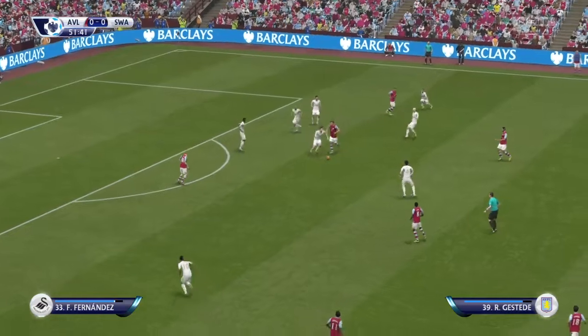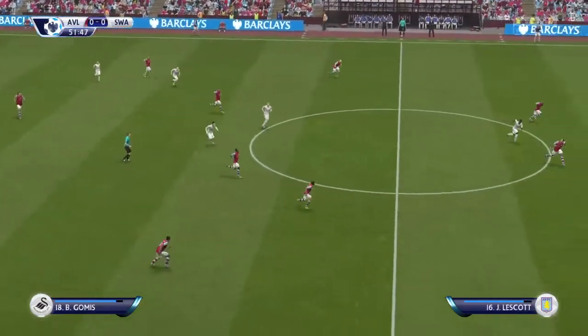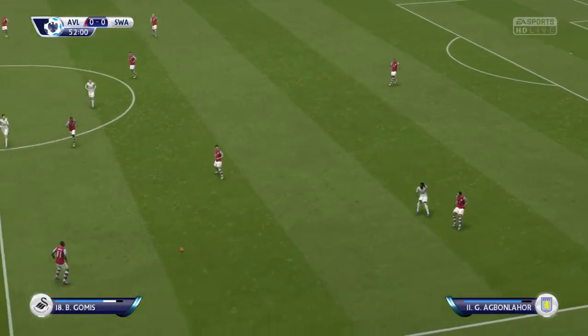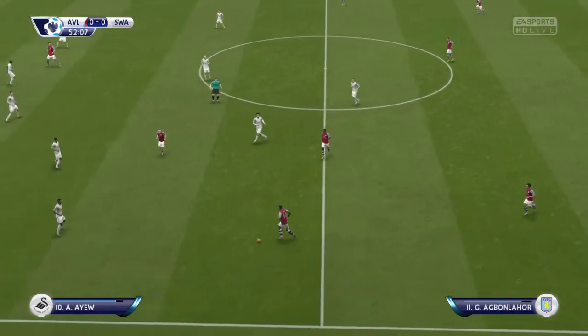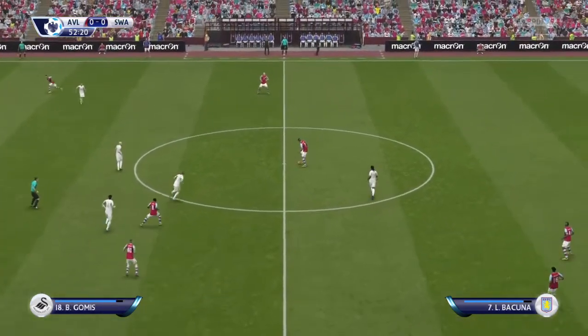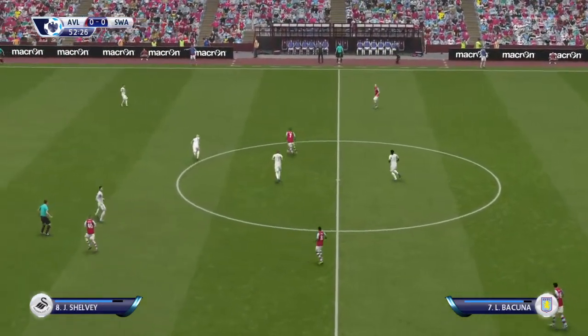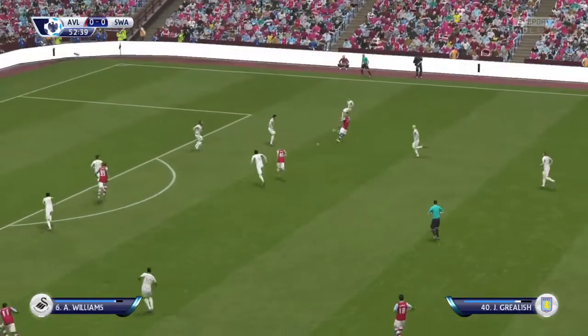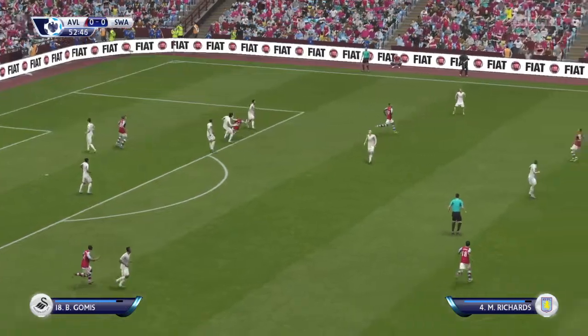Jordan Ayew. Leandro Bacuna. Jordan Ayew. Again, possession squandered, really.